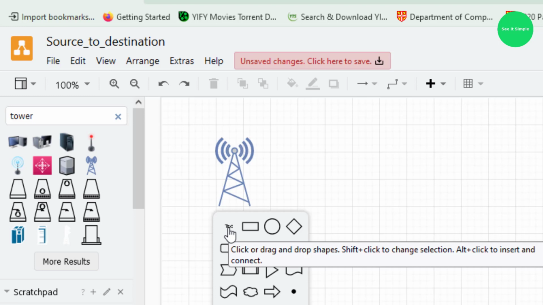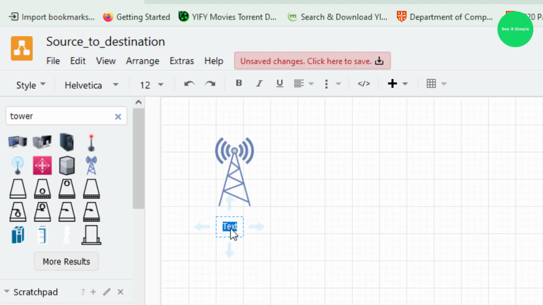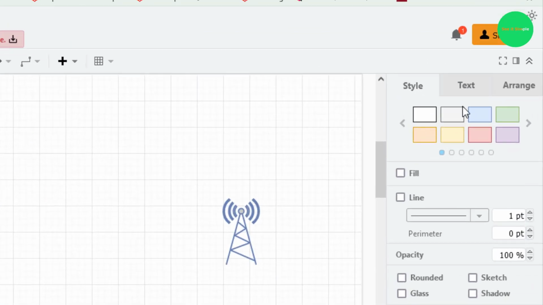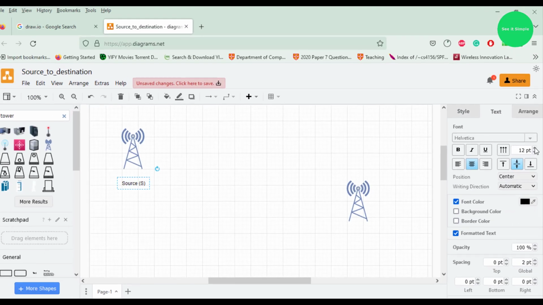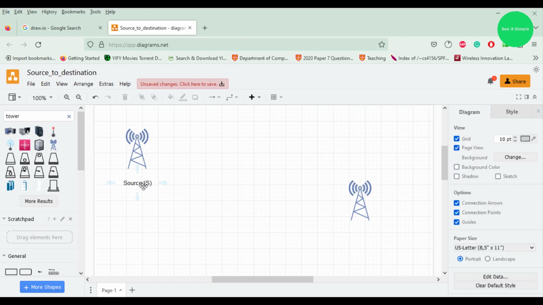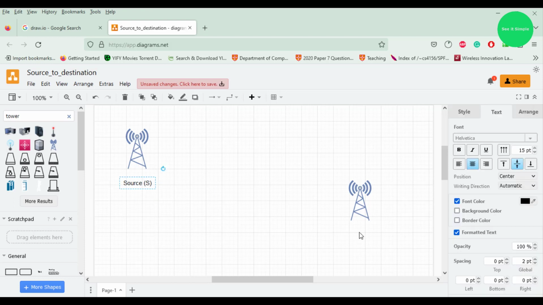Double click and select text, and I use source, S, and you can use these settings to change the font size, and you can use bold, you can italic, or you can do underscore, and there are different effects, so you can use it. And I use this like this, and this is the